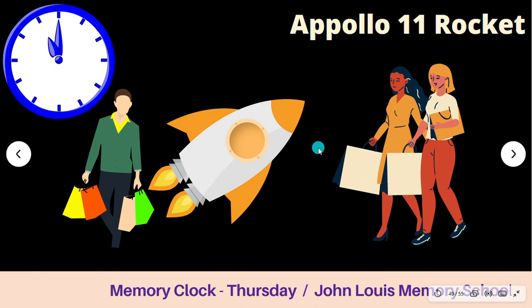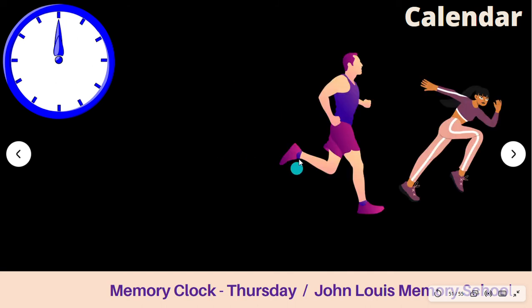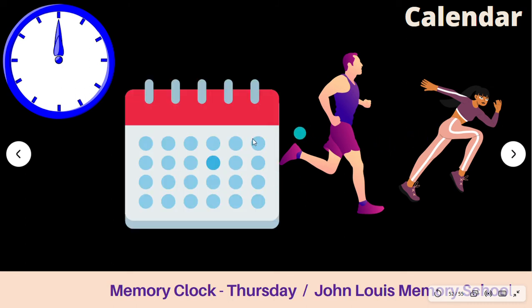Okay, now we have come to 12. So 12 is calendar. Fix a calendar at a particular place. Thursday, 12 noon. You should get only that picture. Now, what's the thing? You have to go for running practice. Okay, now what you can imagine from the calendar, two people are running out. Just imagine the people are running out of calendar. Hope you have seen it.